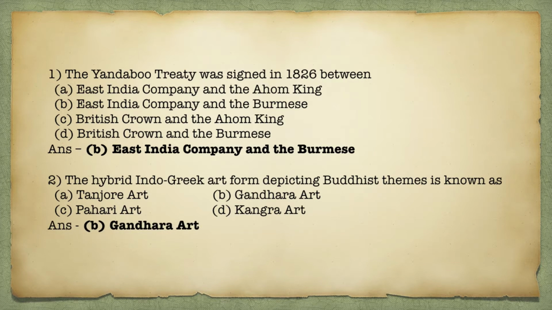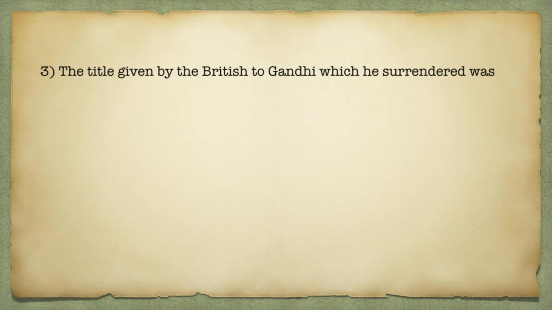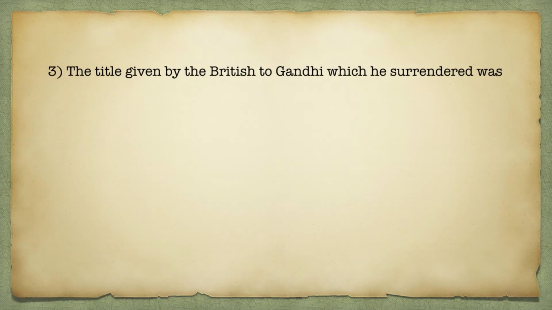So Gandhara art is the combination of Indian and Greek art forms. It is mainly associated with Mahayana form of Buddhism and the main theme of Gandhara art is related to the Buddha and the Bodhisattvas. So moving to the next question we have the title given by the British to Gandhiji